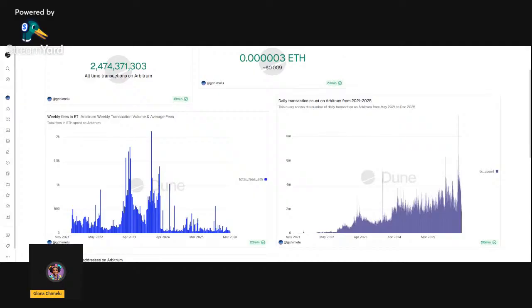But this daily transaction count is also very important, because when I was doing my query, I did not filter for bots or agents. I think it's very important for us, as we are looking at data, to also consider the fact that there's an agent economy. People are using AI agents increasingly. I mean, we've heard about Moltbook, where it is social media for AI agents. So AI agents are active on the blockchain.